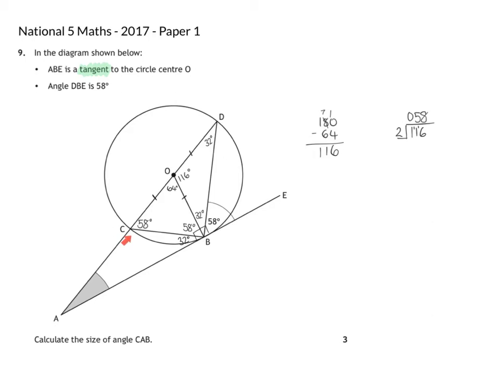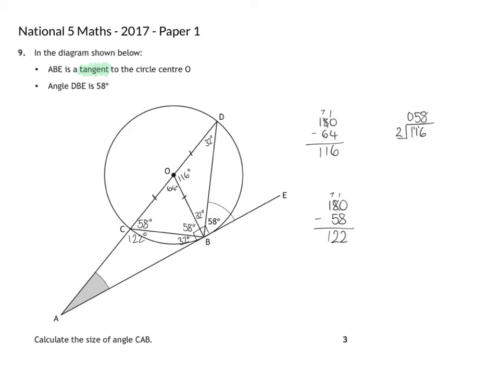We have still got two things left in this triangle to find. So here we've got 180. So we've got 58 and something, which is going to give us 180. So one more calculation, 180 take away 58. So we have 10 take away 8, which is 2, 7 take away 5, which is 2, and our 1 take away nothing, which is 1. So in here we have our 122